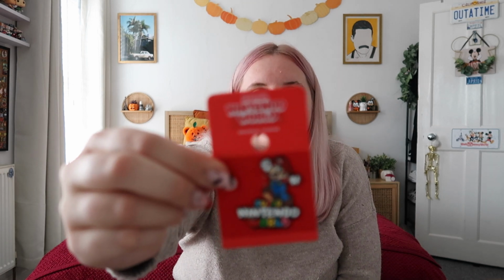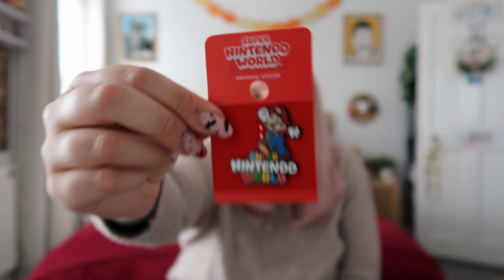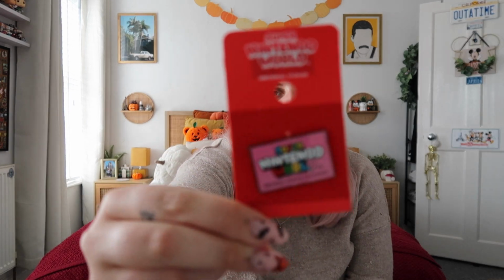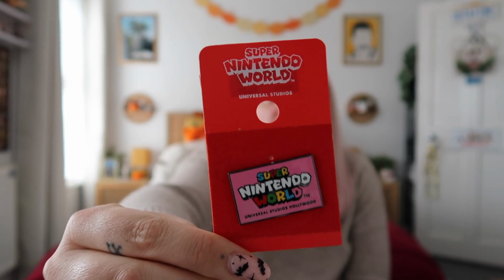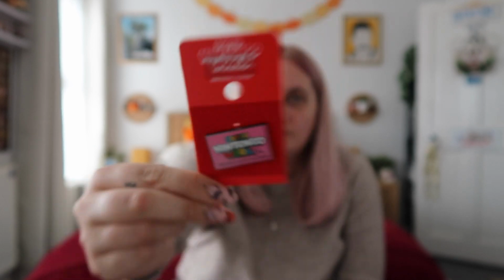So they have opened Super Nintendo World there. So I got 2 of those. So I've got Mario with Super Nintendo World. That was $9. And then the Universal Studios one was $8. And then I also got the Universal Studios Hollywood Super Nintendo plaque, and that was $9 as well. And then the only other Universal pin I got was the Two Sims Chocolate Emporium one,